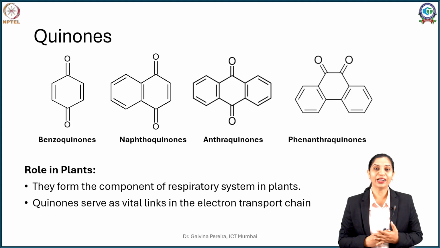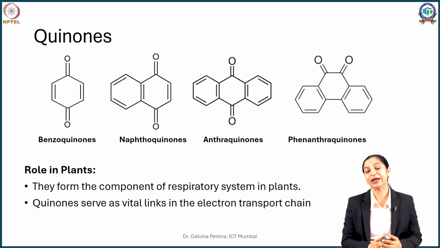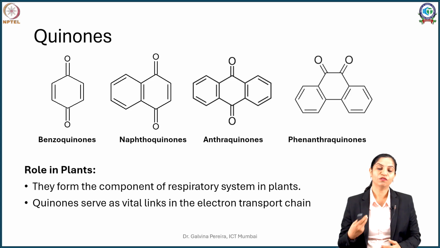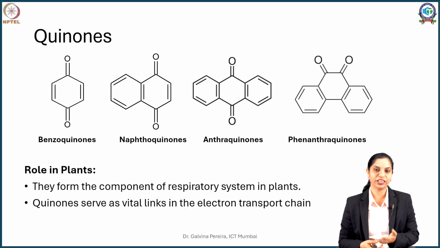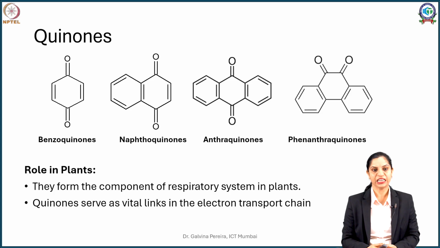In addition to that, if you just extrapolate this to the microbial sources, you might have encountered antibiotics, especially those belonging to the tetracycline derivatives. Tetracycline derivatives are also examples of quinones which have a 4-ring structure rather than the 3-ring structure we are studying now.